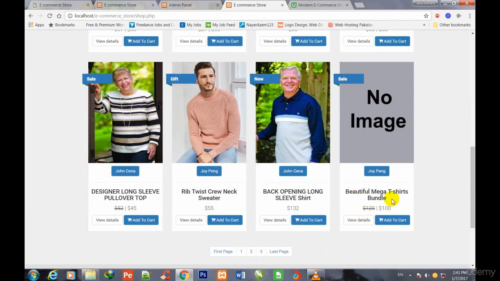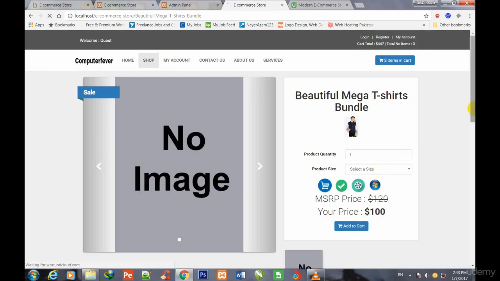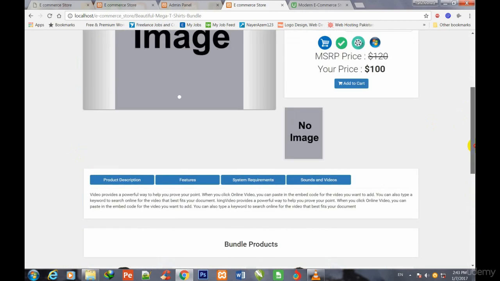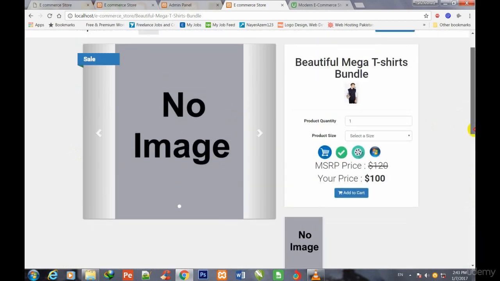this is the bundle, beautiful t-shirts bundle. If I click over view details, I did not actually upload an image, therefore no image is being shown. To show you, these bundle products are being shown here at the bottom, bundle products. So now in this theme you will be able to make bundles. I did not insert an image here because I would like to show you that if you do not insert any image, then this message will be shown. This message will be shown because there is no image, therefore these